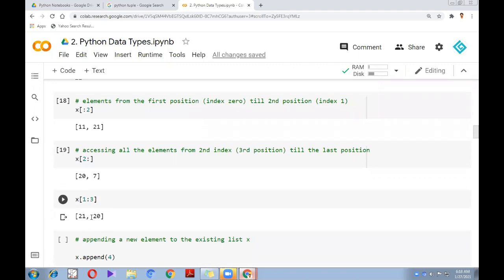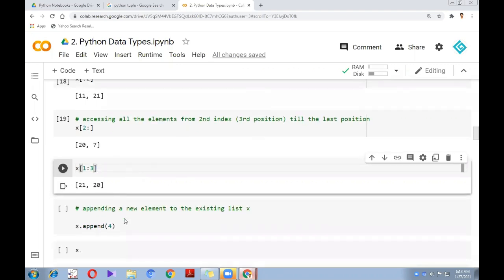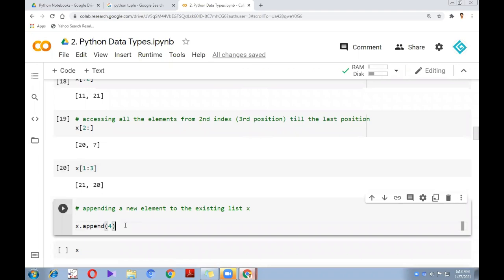Okay, 21 and 20. Got it right? Clear? How to access the elements from the list? Okay. Now let's say I want to append a new individual element to the existing list